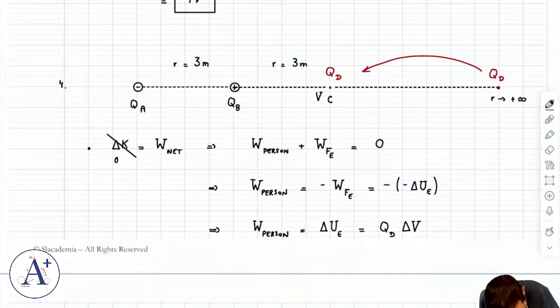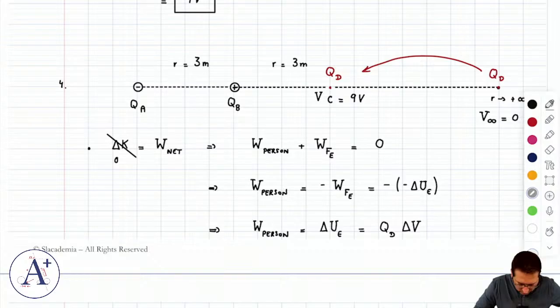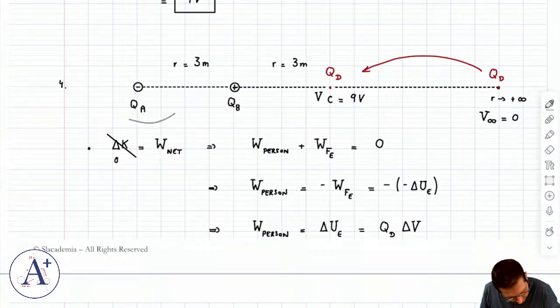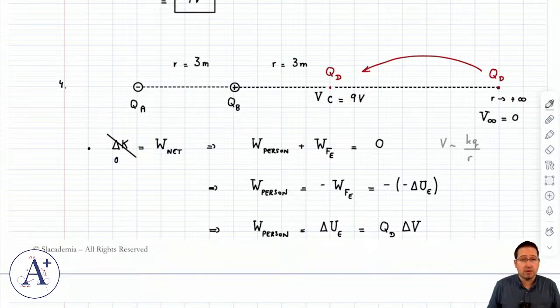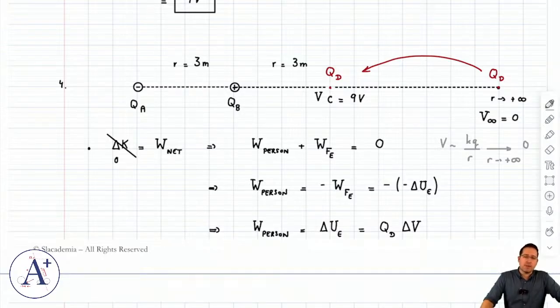Now in this case, computing delta V is quite straightforward. That's because we already know that Vc is 9 volts. We also know that V infinity is 0. We're told to take V as 0 at infinity. By the way, there's a reason for that. The reason is that these point charges, QA and QB, create an electric potential that's pretty much kq over r in form. Well, math leaves you no choice. This goes to 0 if r goes to infinity. And so it necessarily has to be the case that V is 0 at infinity